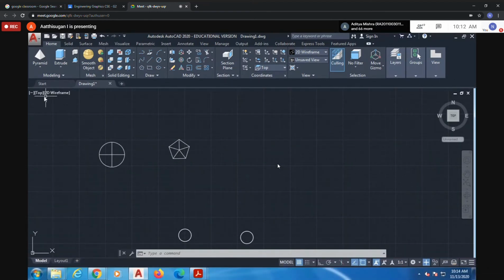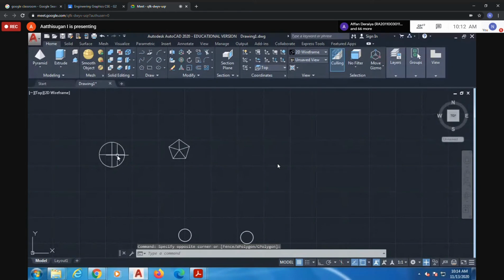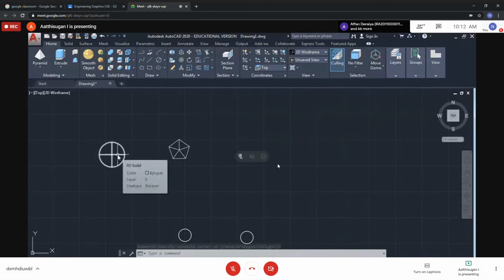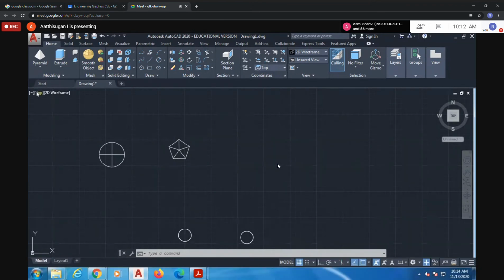Now, what about the front view of the cone? Anyone answer? Front view of a cone is a triangle. Very good, triangle only. Cylinder is a rectangle. If you want to check a doubt, just check it. Okay, front view.